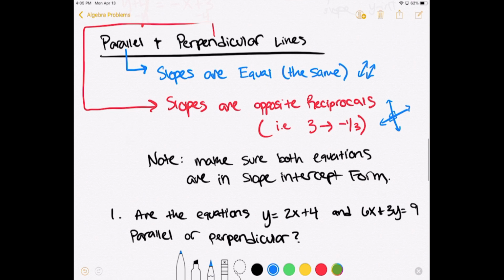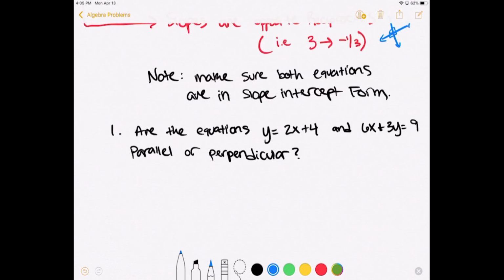Now, to do these types of problems, you've got to make sure that the lines are in slope-intercept form. Okay, we like that because if it's in slope-intercept form, then we know immediately that that number is my slope. Okay, so on this problem, one of the equations is in slope-intercept form. This guy right here is in slope-intercept form. I know that my slope,